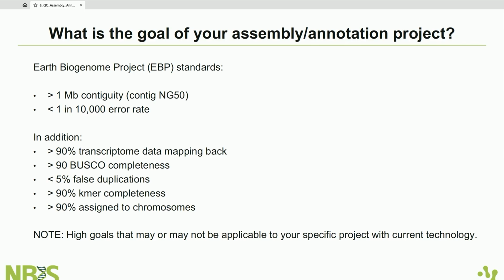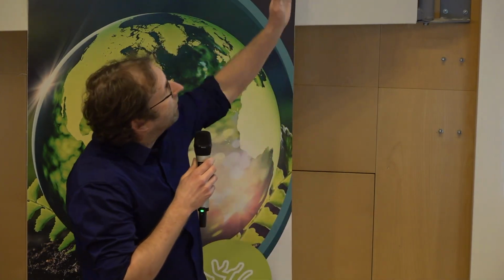And basically, these are the latest recommendations. So having contigs that are more than 1 megabase, essentially sequences so that half of your assembly is made up of sequences that are 1 megabase or longer, an error rate that is 1 in 10,000, and then they have some additional